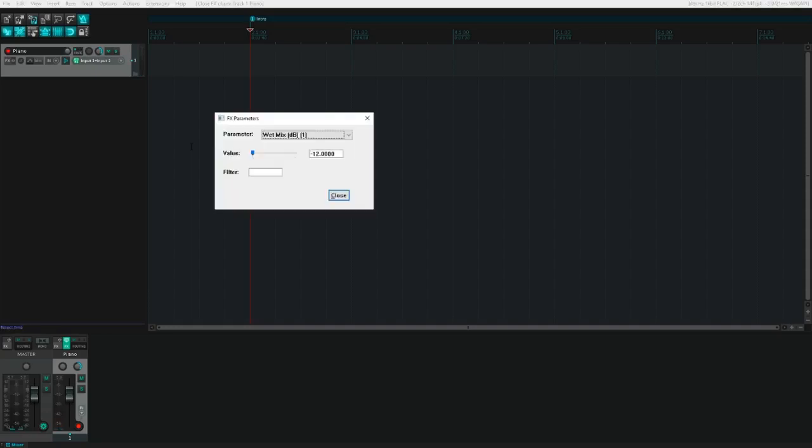Let's go to the FX parameters. Wet, bypass value slider, bypassed. Let's unbypass. And once we unbypass the plugin, we hear a lot of noise. So what we can do is